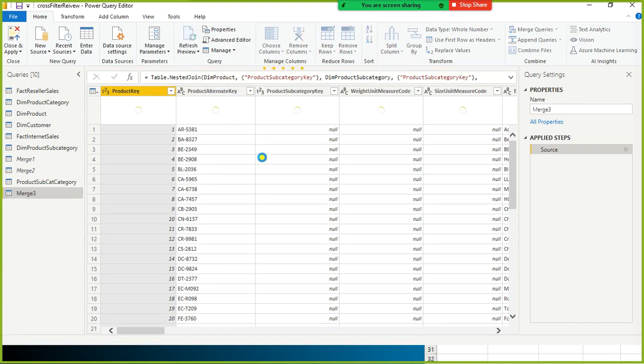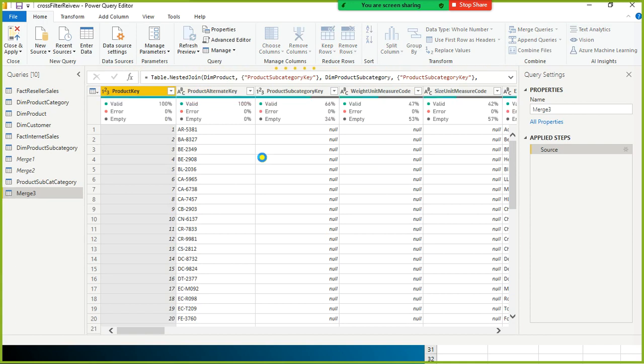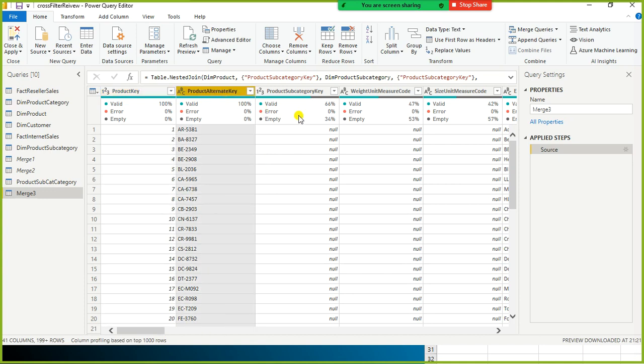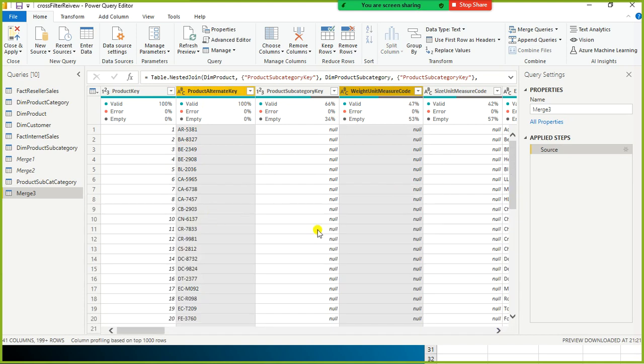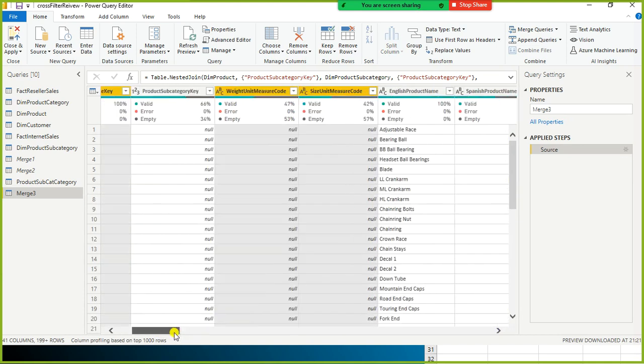I just refresh it. I don't need these columns. Let the product subcategory be there, and I just go and delete all these columns.